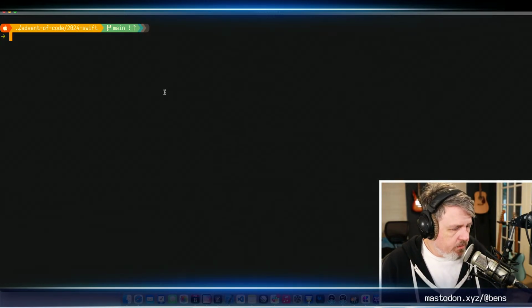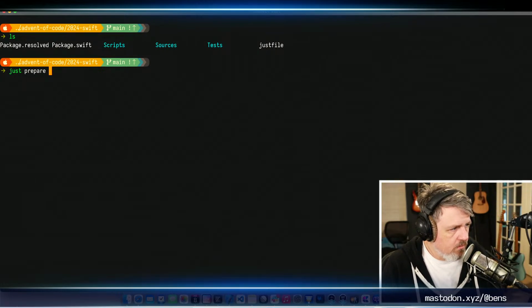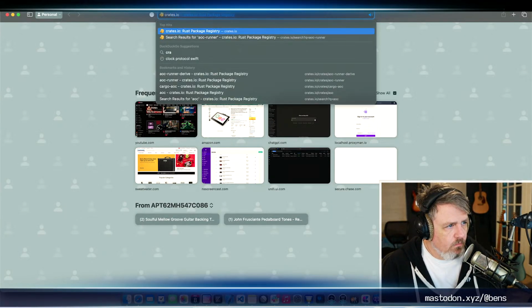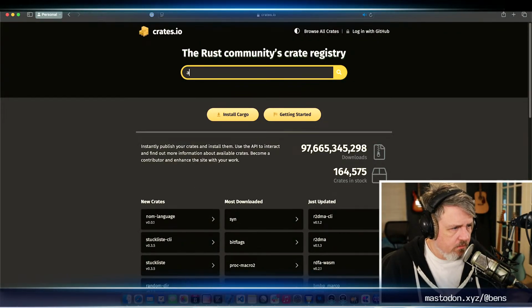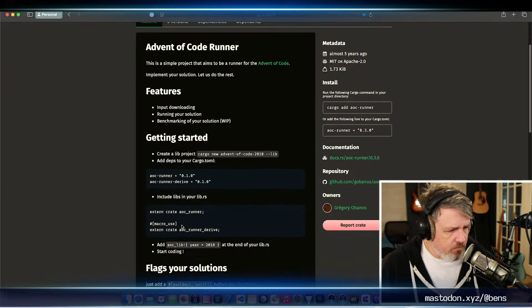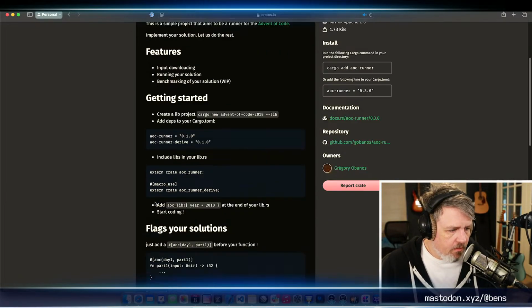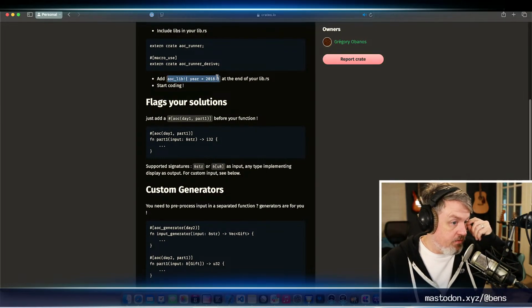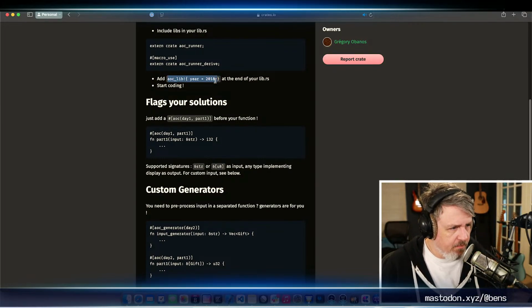Okay, we're gonna do day 8. I actually came across a really cool crate in the Rust ecosystem called AOC Runner, and I thought this was pretty cool, and I wonder how much of this we could maybe replicate in Swift, where you can add some metadata to a file, and this is like a compile time macro.